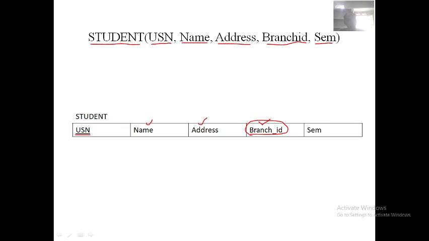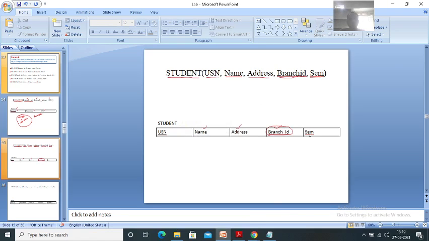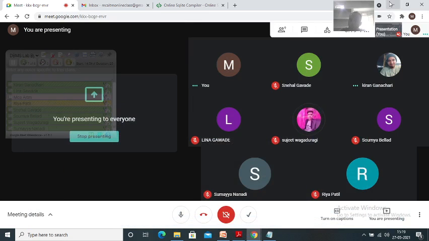All of you understood? Yes, sir. What is a primary key? What is a foreign key? The one key is the primary key, and in the other table you have to use it as a foreign key, sir.